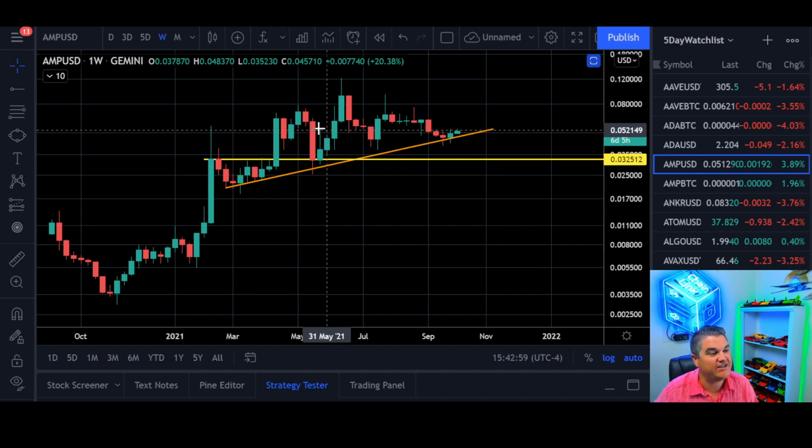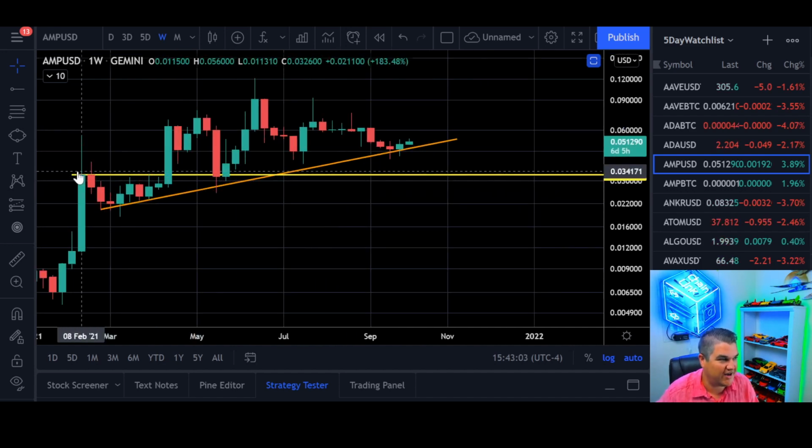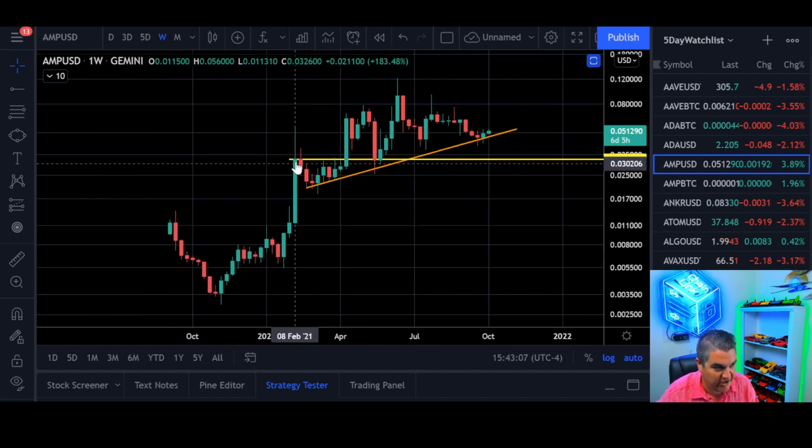Well, this is a weekly chart for AMP USD. And what do we have here? Well, we got a couple trend lines. One, I would say our major support line, which is our previous initial run up, or our previous local high right here of just above 3 cents. This ended up closing 0.032. Okay, so that would be major support. If you lose that, then you've broken the entire market structure and you're probably in deep trouble.